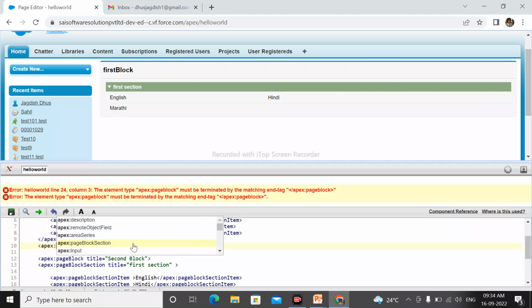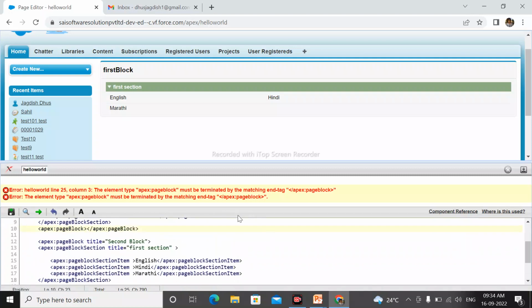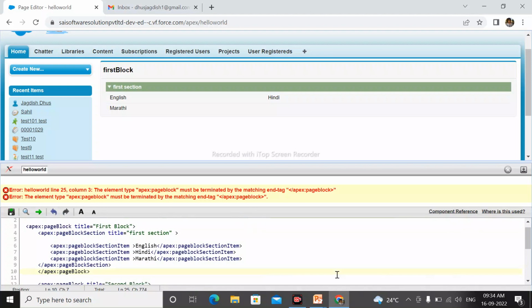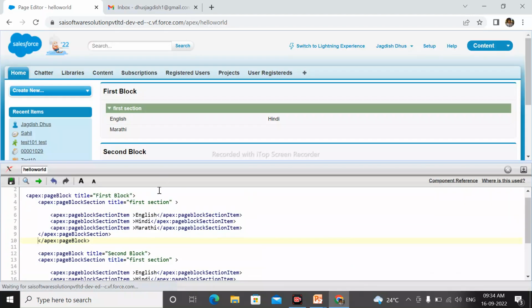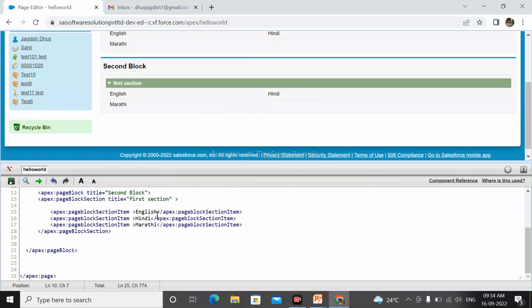Here close the apex:page block. Save this. Okay, the second block is also created. Here is the page block section, title is